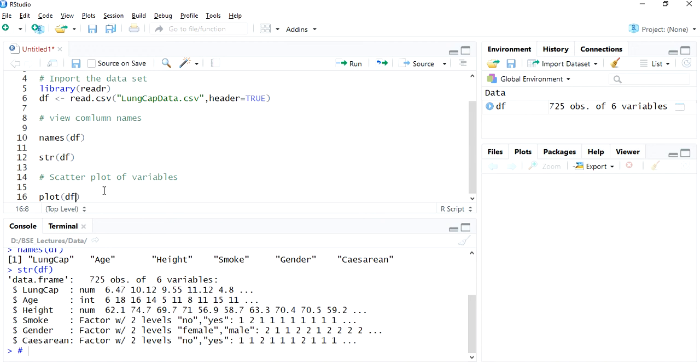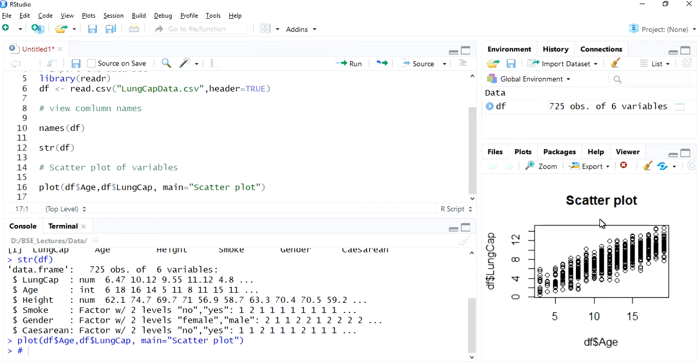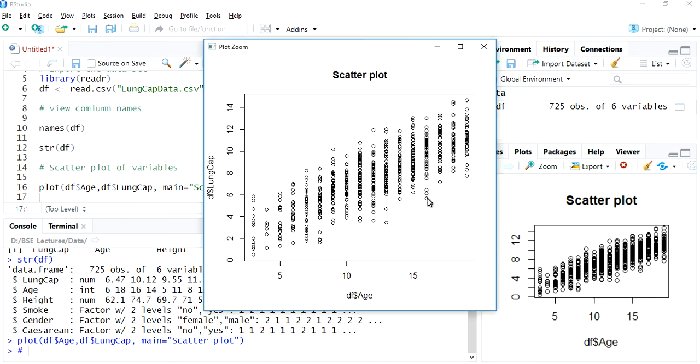We will say plot of df$age, comma, df$lung capacity, and then I'm going to give it a name: main equal to scatter plot. Now you can see that there is a linear relationship among them. Okay, there is some linear relationship.